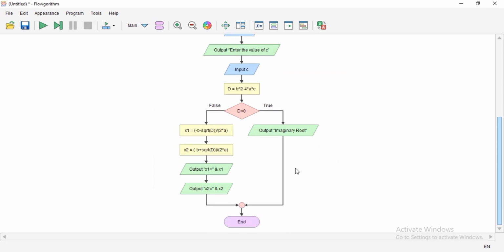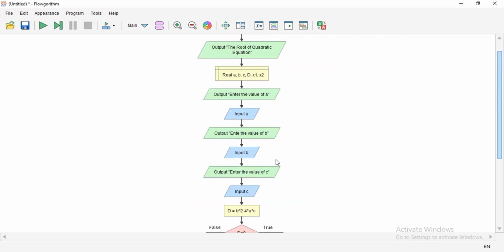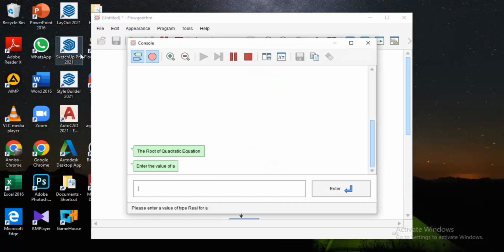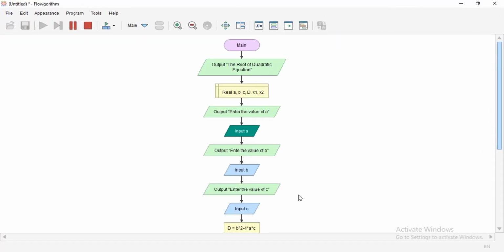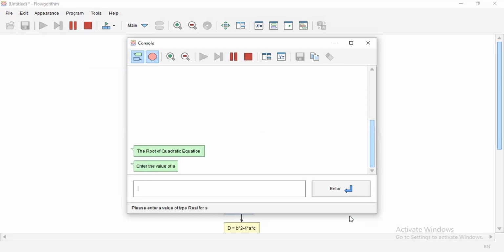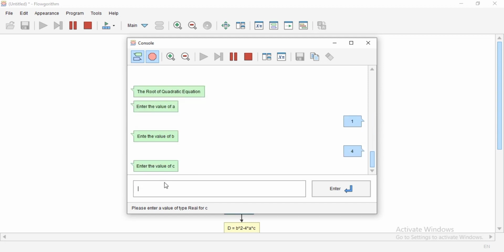Okay, enough. So go to check. Like this: if I have the equation x squared plus 4x minus 12, so the value of a is 1, the value of b is 4, and the value of c is negative 12.